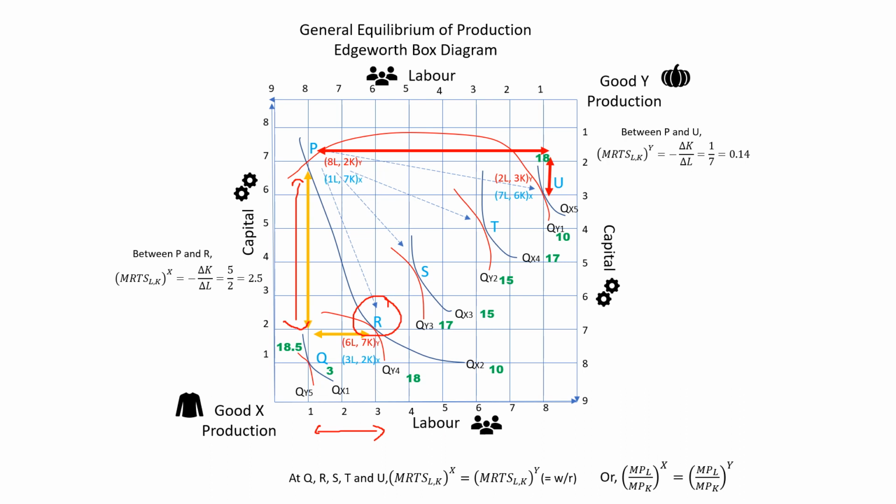These 5 units of capital get transferred to the production of good Y. Earlier, the good Y was using 2 units of capital. Now, good Y is using 7 units of capital. So the producer of clothing sacrifices 5 units of capital, which gets transferred to the production of Y, and in turn he gains 2 units of labor. Now what is going to be the implication of this?